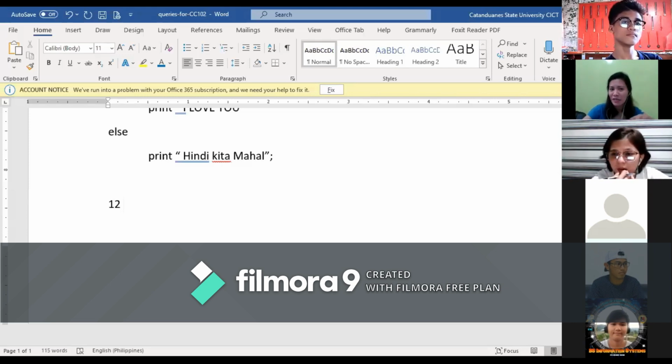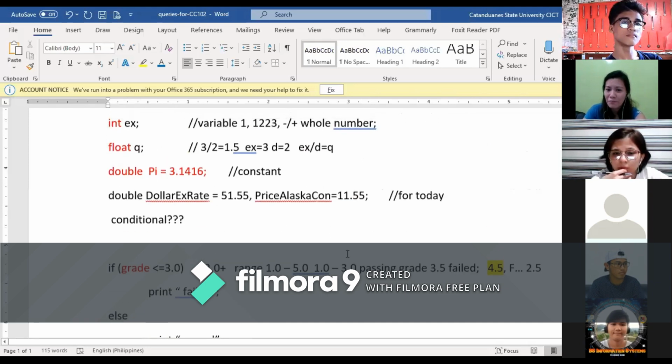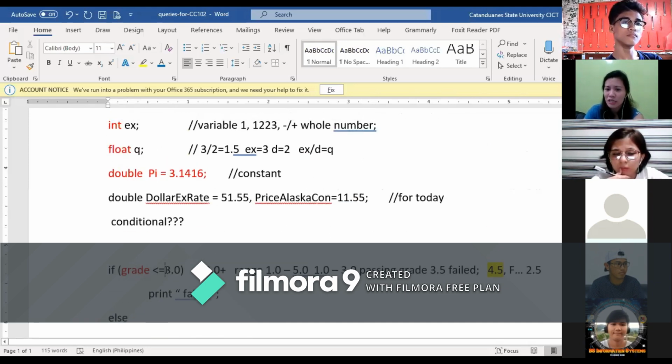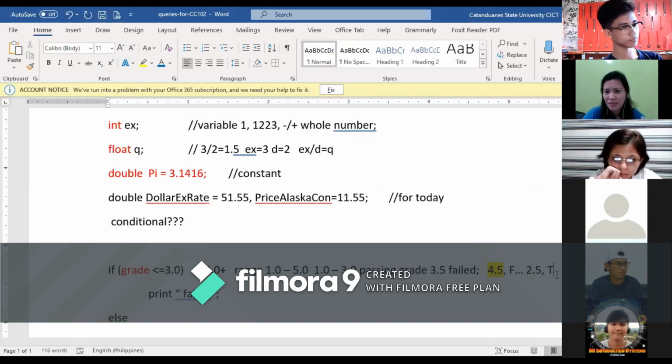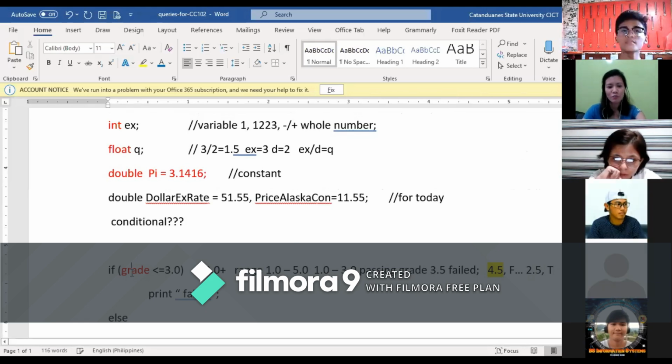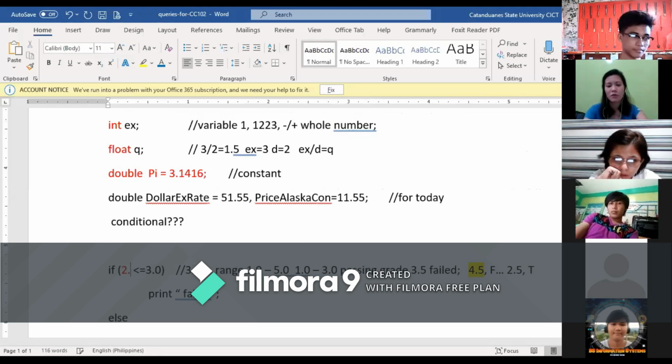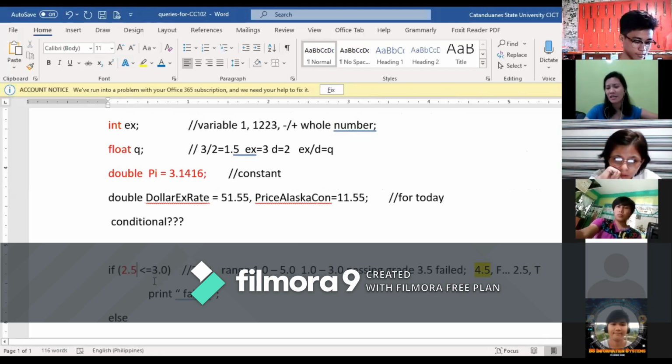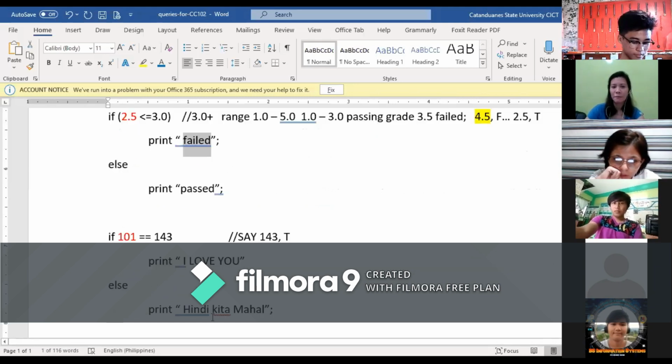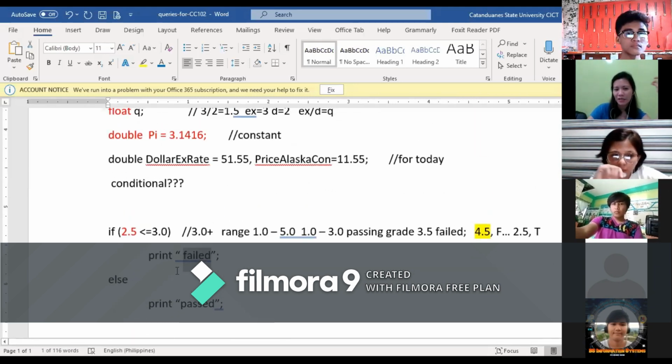Okay, so balik tayo dito sa condition. Dito, pagaganahin natin yung condition natin. If 2.5 ang input ko, this happens to be true. True or false? True, kasi yung grade natin is 2.5 na. Which is 2.5 is less than 3, meaning to say, patay tayo. Pag nagpalit tayo ng condition dito sa taas,